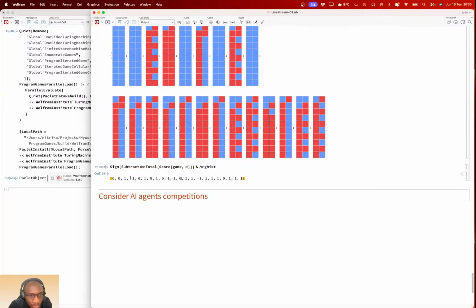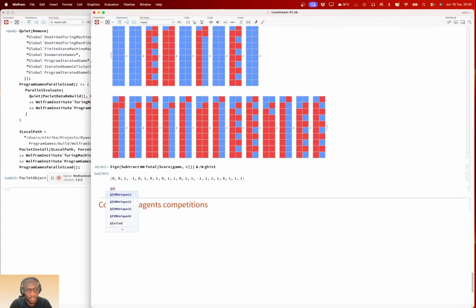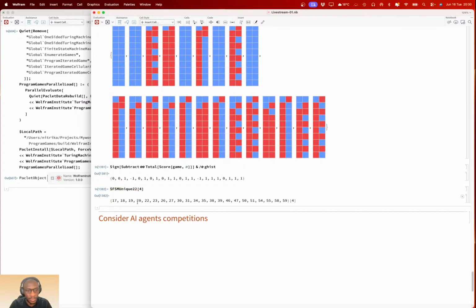So Grim Trigger loses against, which one is this? This is position 1, 0, 1, 2, 3, 4. So FSM position 4, 20.